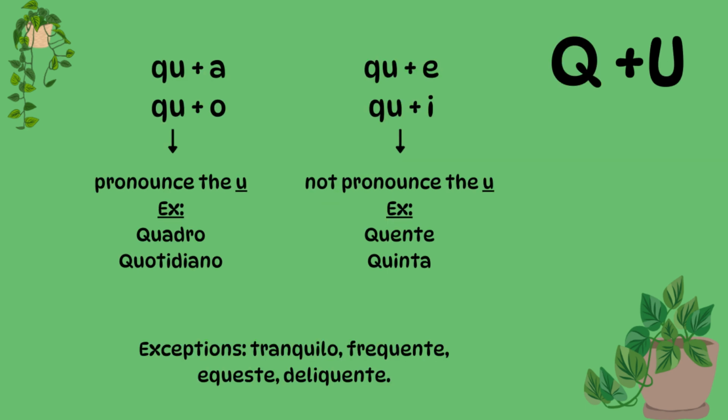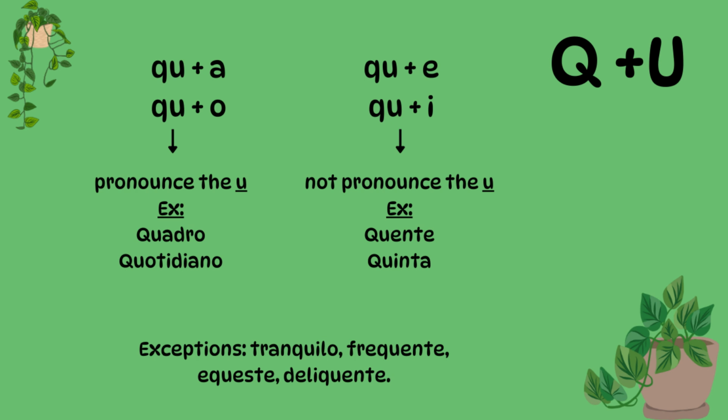Now we will head over to Q. Q with the vowel U. When QU is with the vowel A or O, you will be pronouncing the letter U. For example, quadro. Quotidiano. But in the case of QU with E and I, you are not going to be pronouncing the letter U,